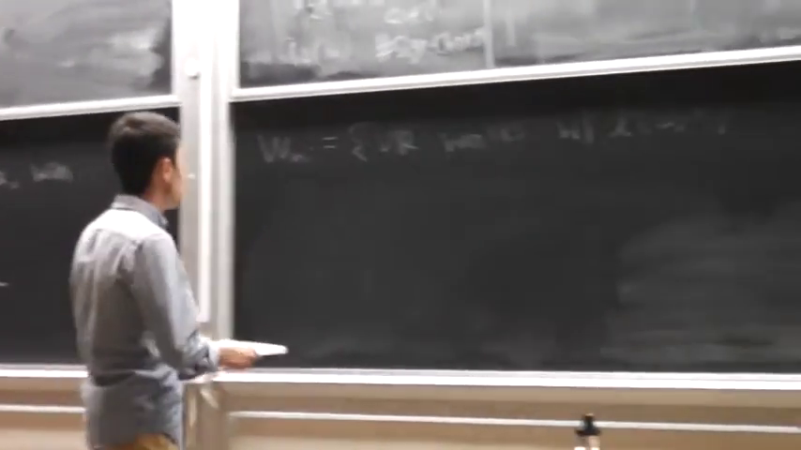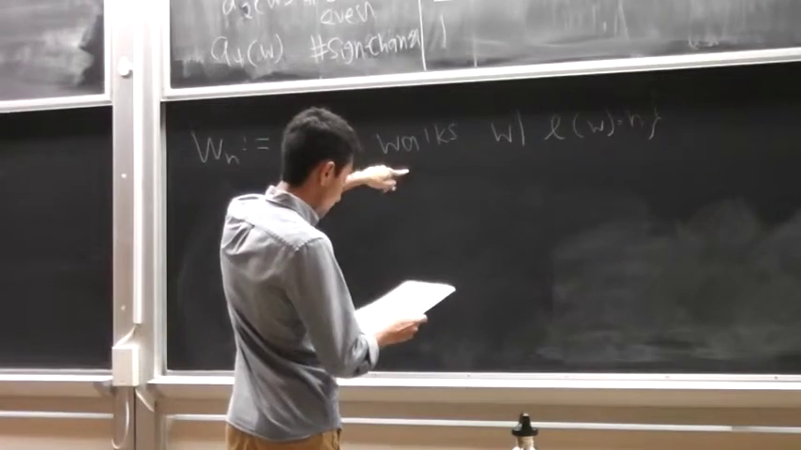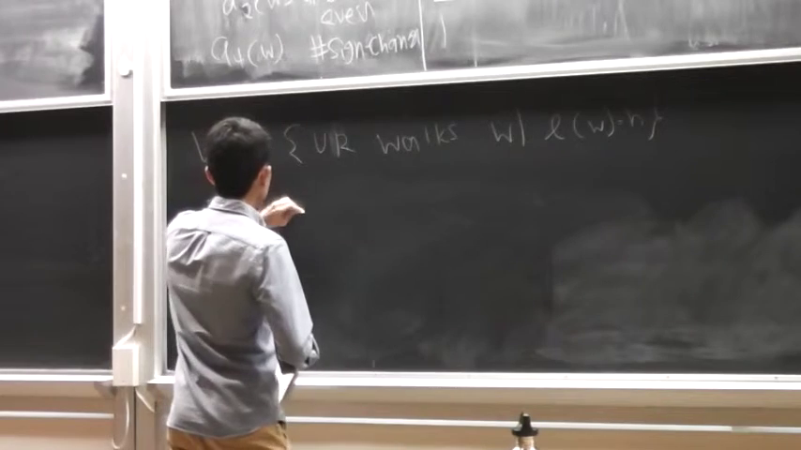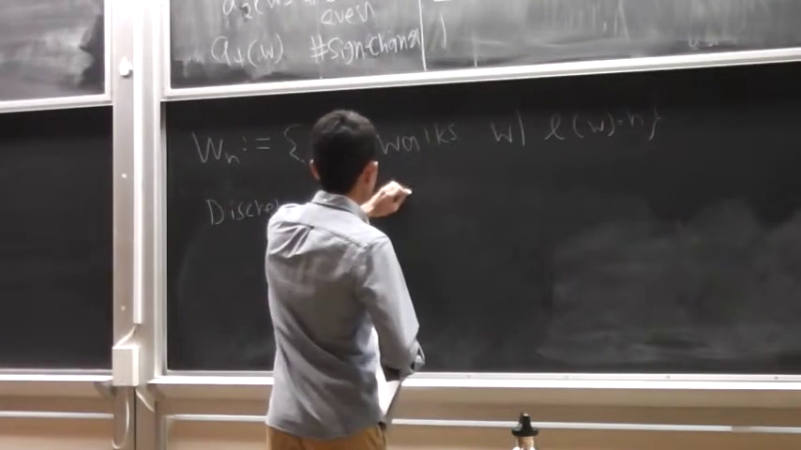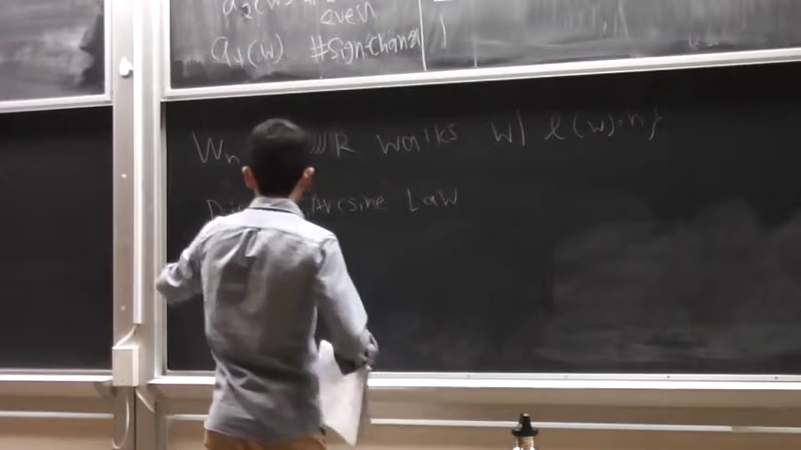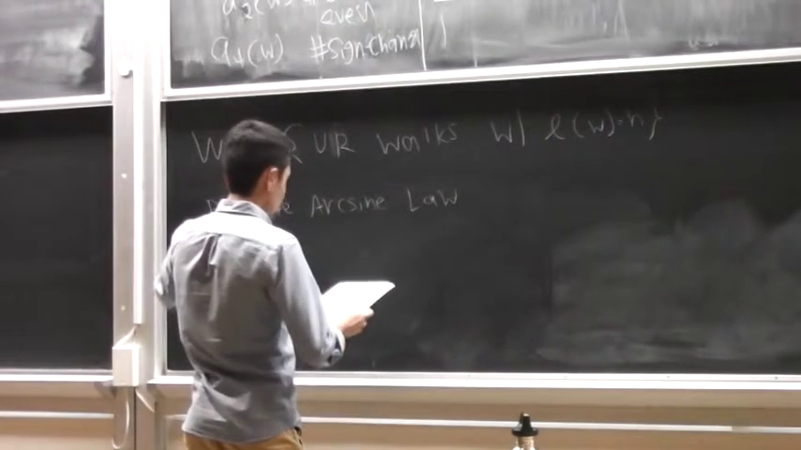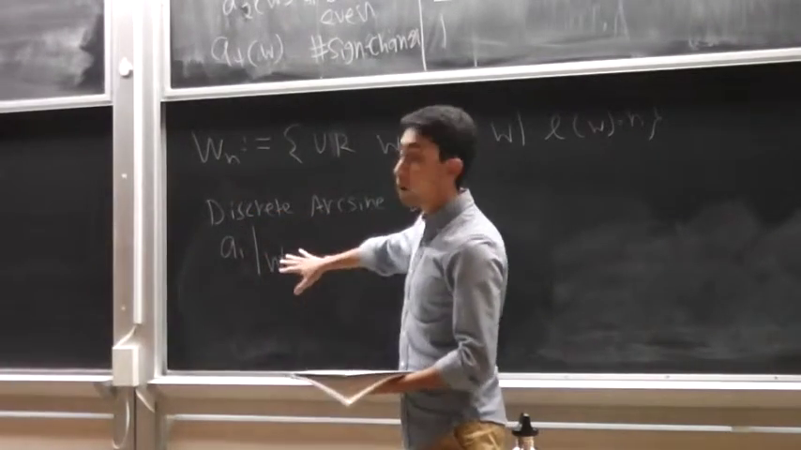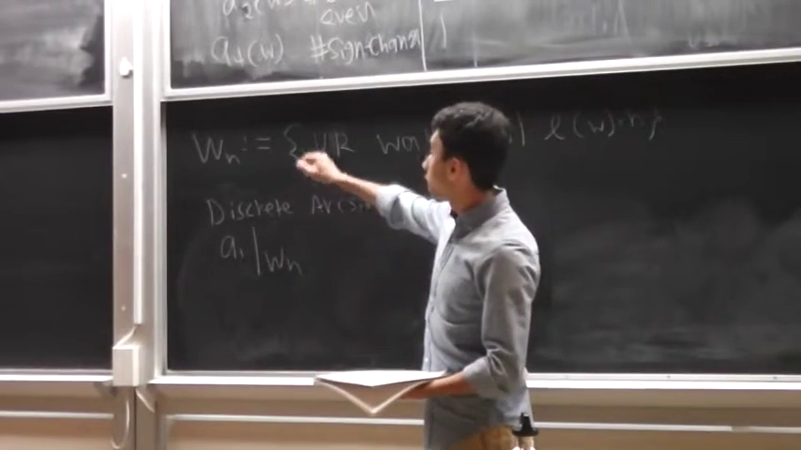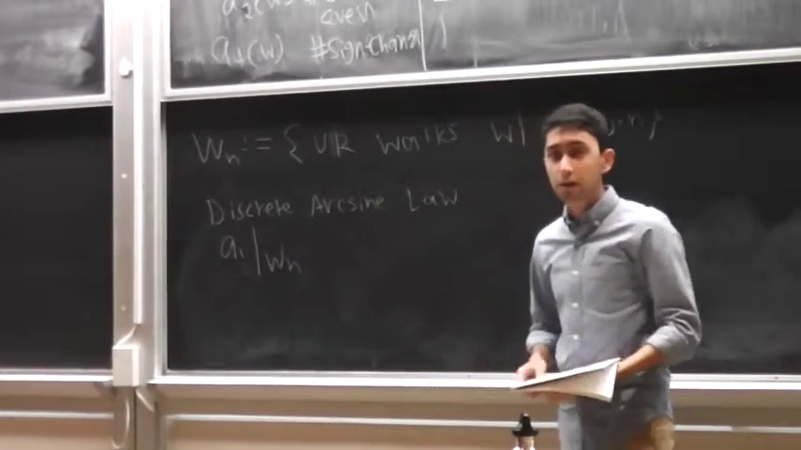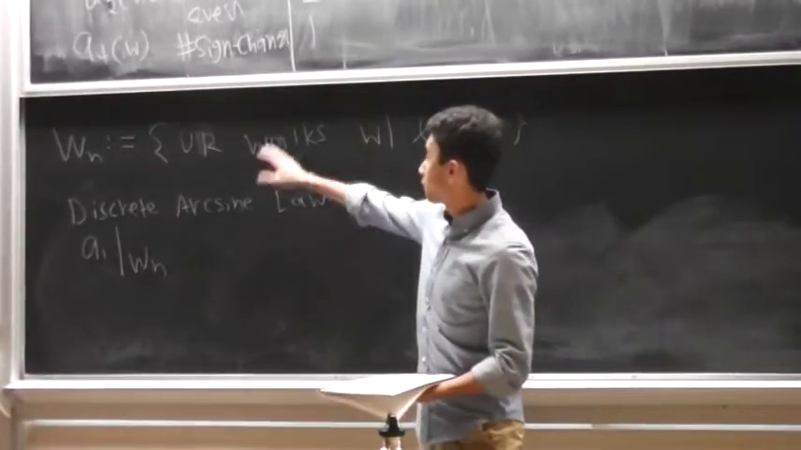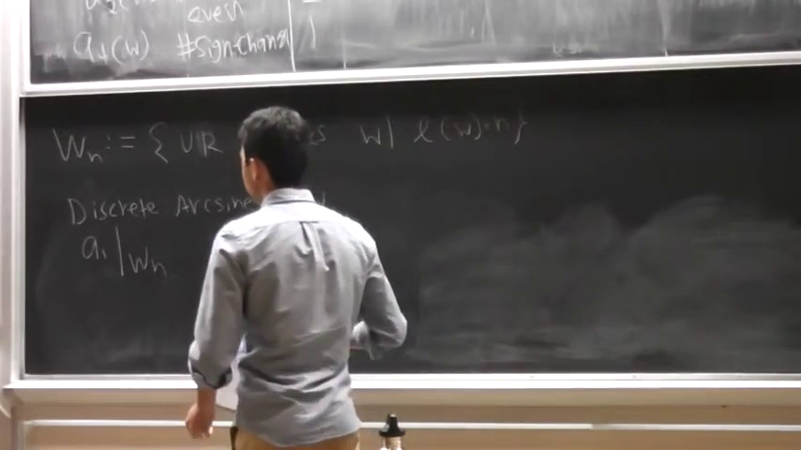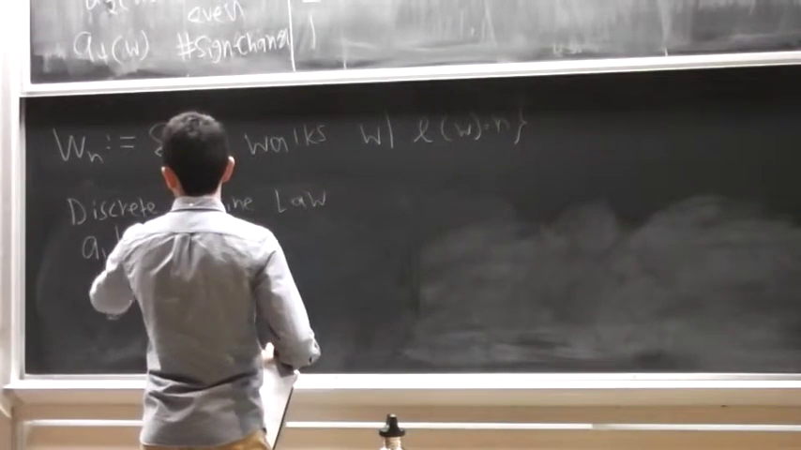And so if we define W_n as walks of length n, then there's this thing called the discrete arcsine law. What that says is, let's say we take the sample space W_n. Suppose we randomly pick a walk of length n. Then the number of losing times for that particular walk is a random variable, assuming we're uniformly randomly picking a walk. So now we can ask, what is the distribution of this? The discrete arcsine law says that this has